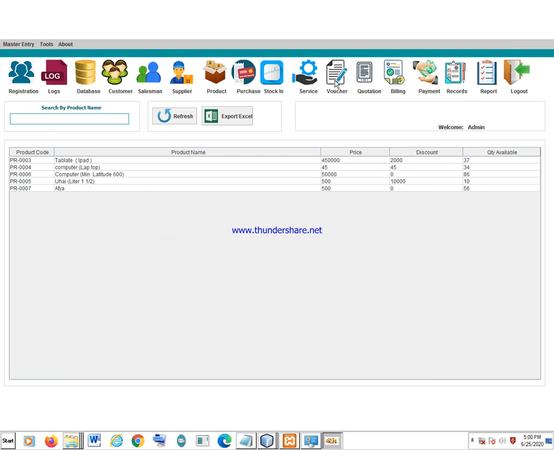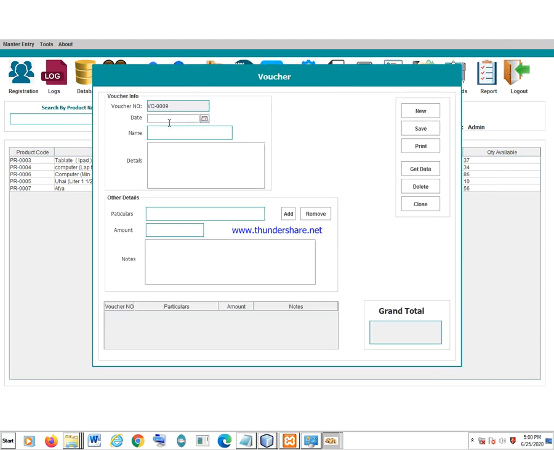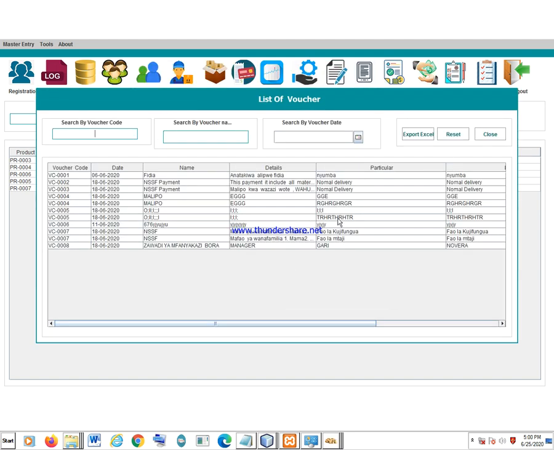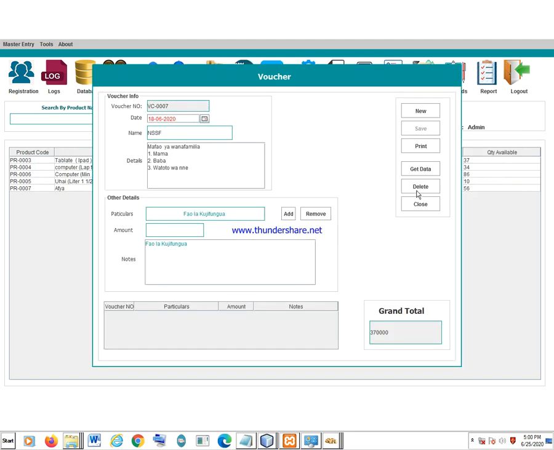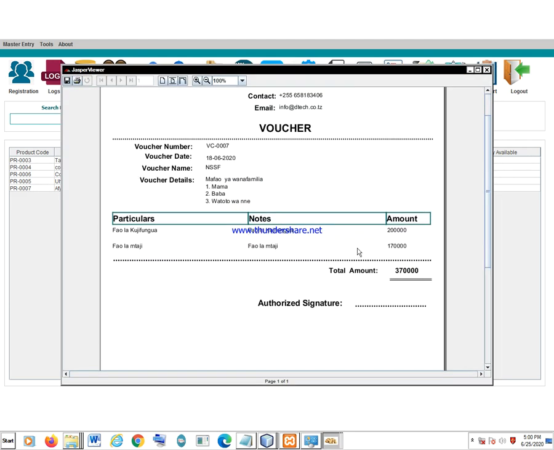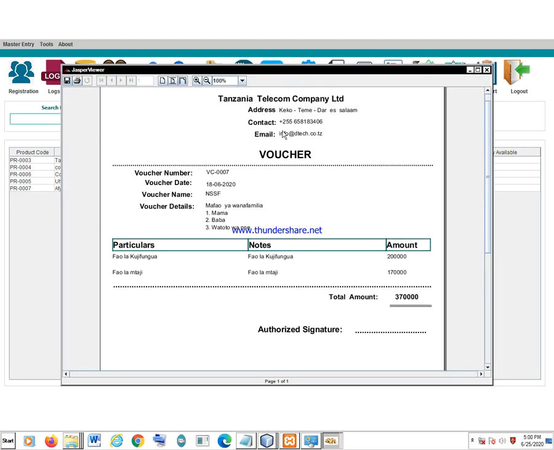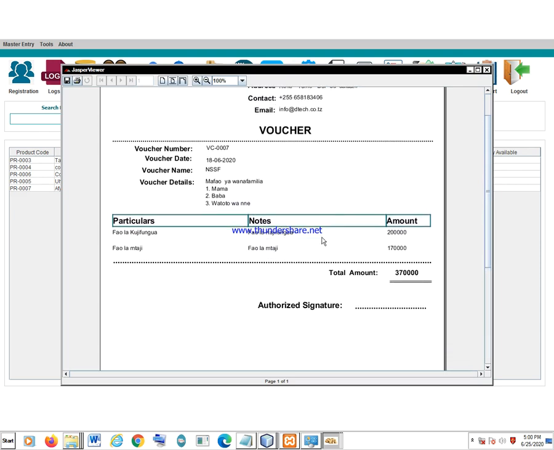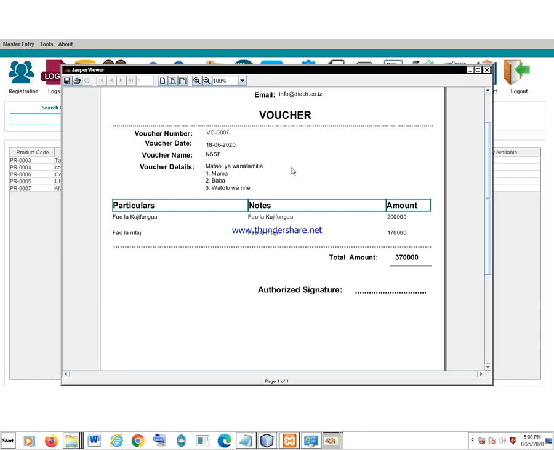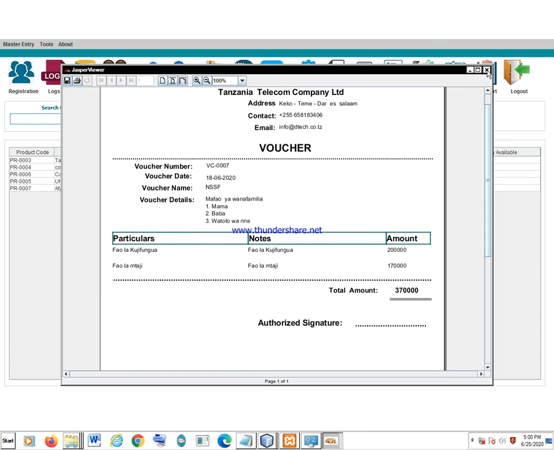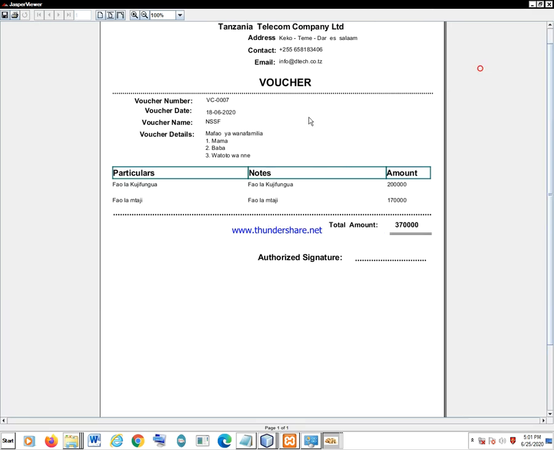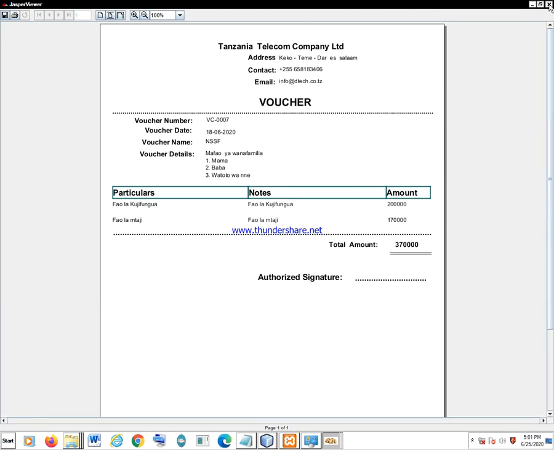Let us come back to this voucher. The voucher is the statement concerned with any kind of payment to a company. So you can register any kind of voucher, or if you don't need to register, you may come here, pick any of your vouchers, and print your voucher. You can see this is my voucher, and it gives you your statement, the Tanzania Telecom Company. This is a voucher for a statement, and it can make your statement, fully printing a receipt for your system. It will print your receipt, and you can give the invoice to your